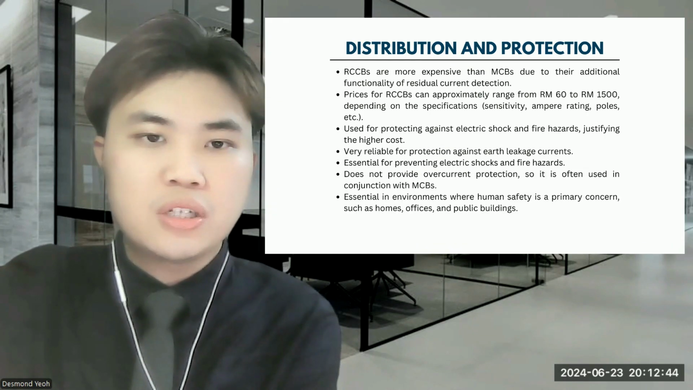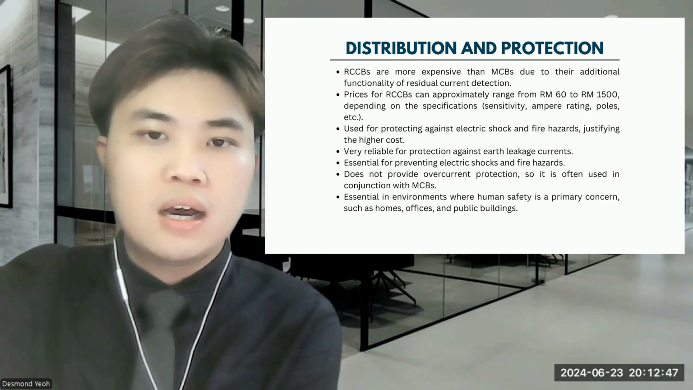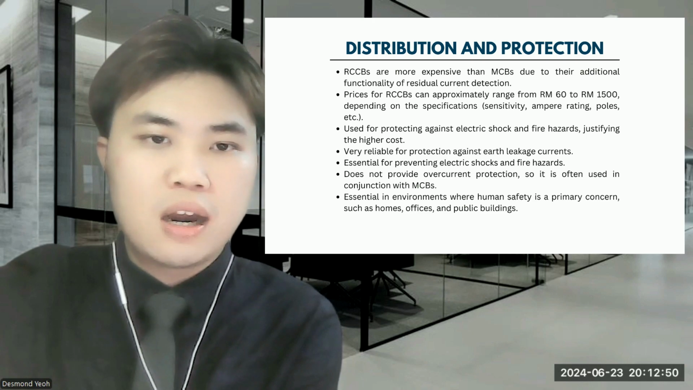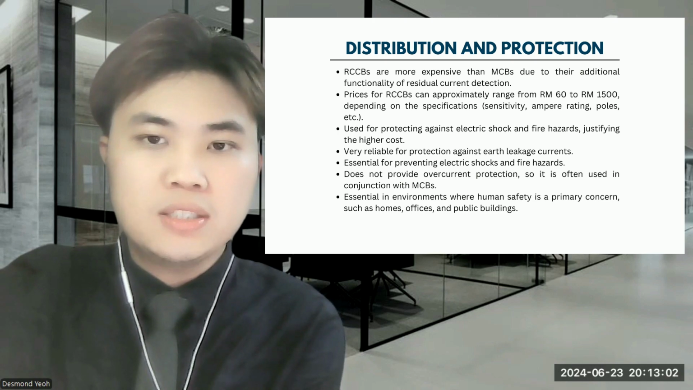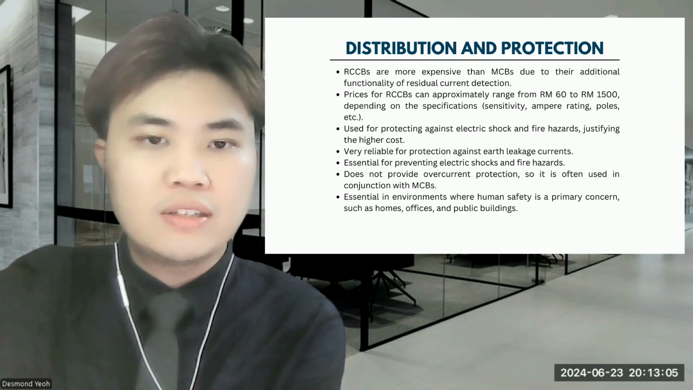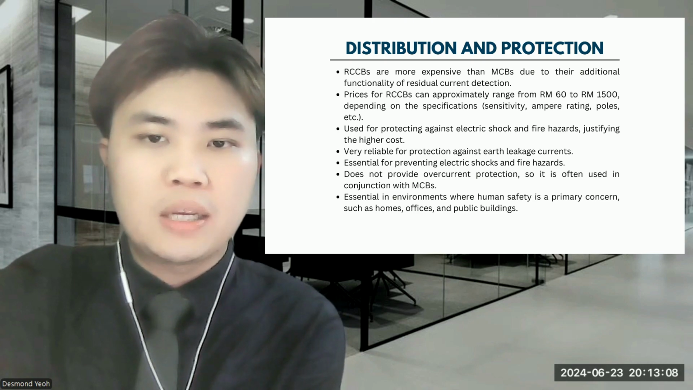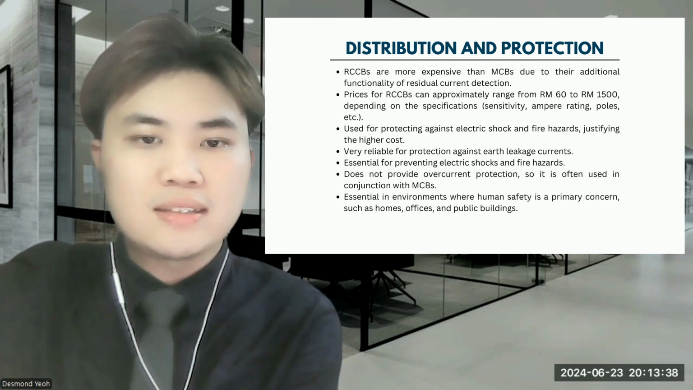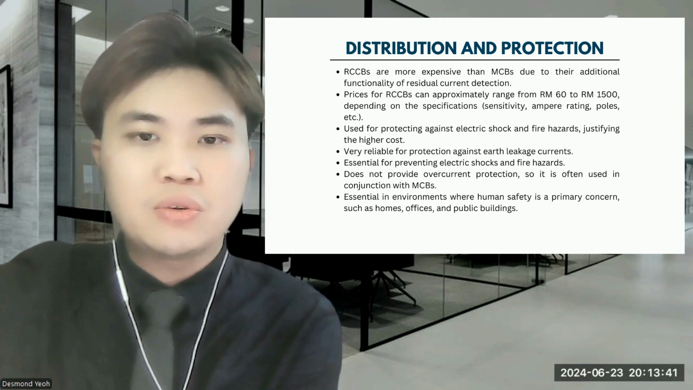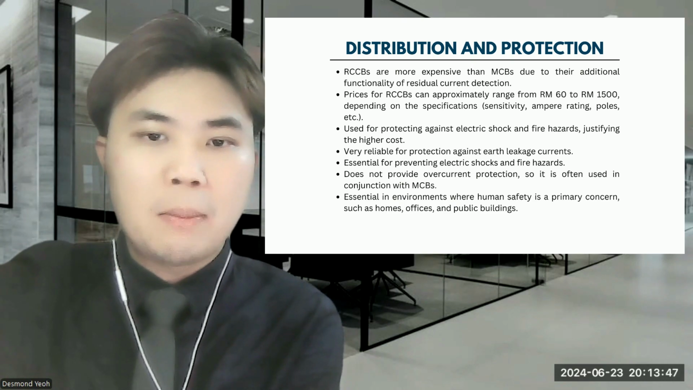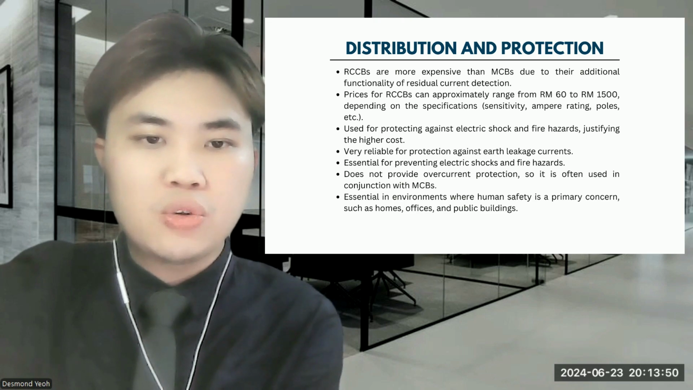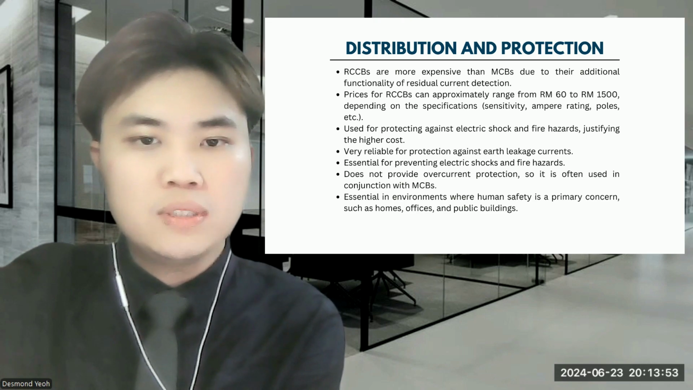and breaking capacity. Residual current circuit breakers or RCCBs are also used in the design of our protection system. RCCBs are very reliable for protections against earth leakage currents and are essential for preventing electrical shocks and fire hazards. RCCBs are generally more expensive than MCBs due to their additional functionality of residual current detection, and their higher costs are justified by the protection against electrical shocks. The prices of RCCBs can range from 60 ringgit to 1,500 ringgit depending on the specifications such as sensitivity, ampere rating, and poles. It is essential in environments where human safety is a primary concern, such as homes, offices, and